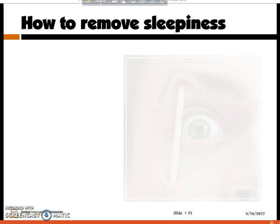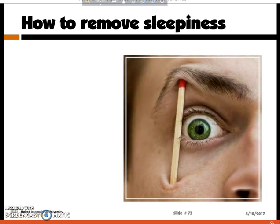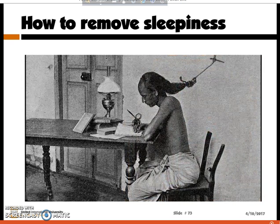So how do we remove sleepiness? This way? No, this will damage your eyes. Or this way? This picture belongs to one of the students in Madras. Look at the way he tied his hair, and also look at the chair he is sitting on. If he falls asleep, either he will fall forward, or if he falls backward, so both ways he is trying to keep himself awake. Anyway,